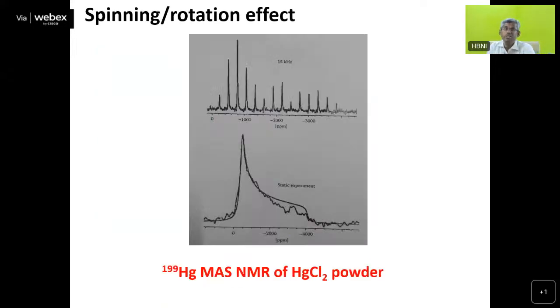Now we have mentioned why sidebands are there. Why sidebands, or what is the mechanism for sideband generation? Why can we not get rid of these sidebands? Because if you go for a protein molecule or a large biomolecule, and if you do spinning,